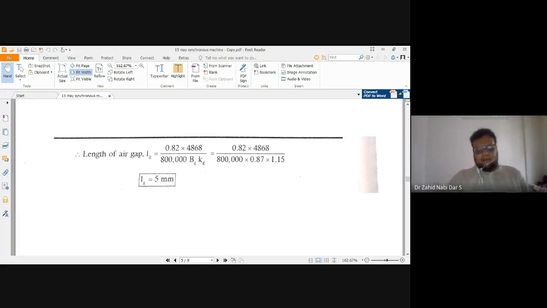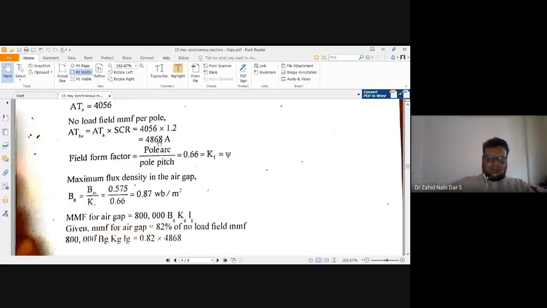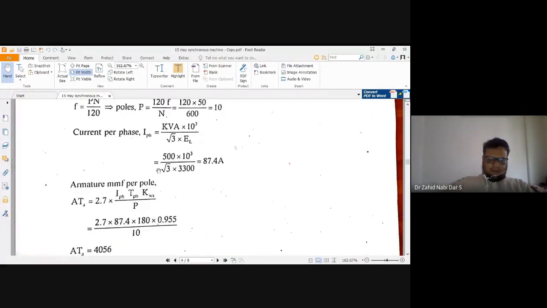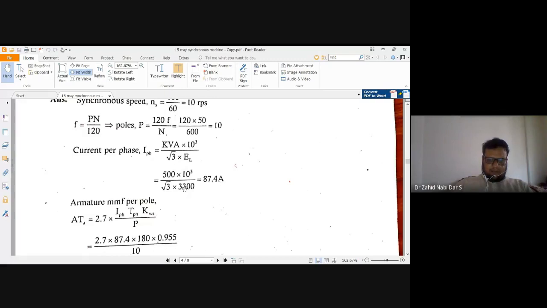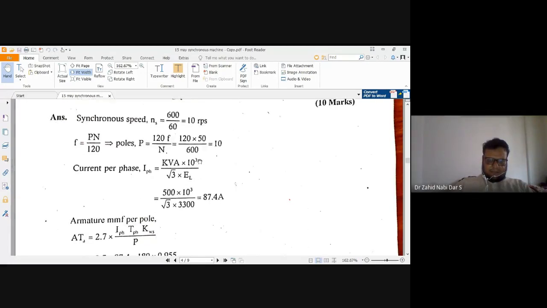So any doubt anywhere, because doubts should come. Mostly I am only thinking what doubt can come, so I am only explaining. For example, I thought here maybe you may ask, sir, why this root 3 is there? Why not 3 is there? So I tried to explain in terms of line quantities they are expressing.